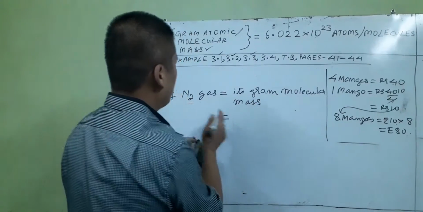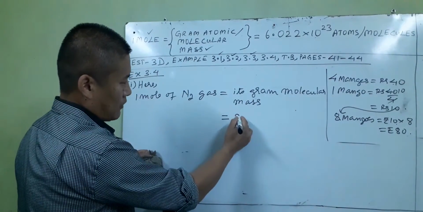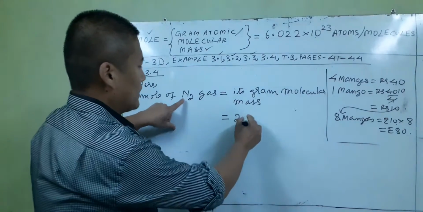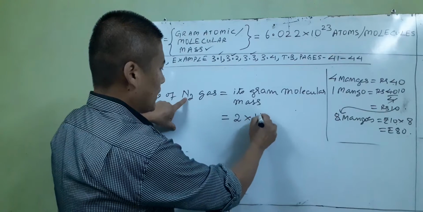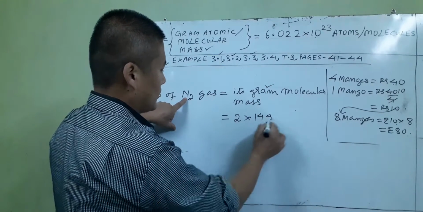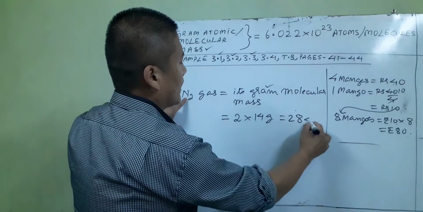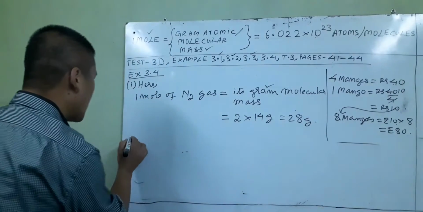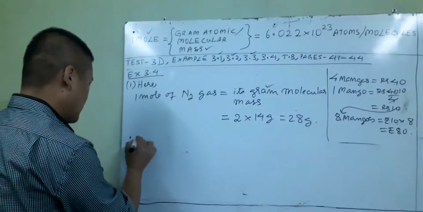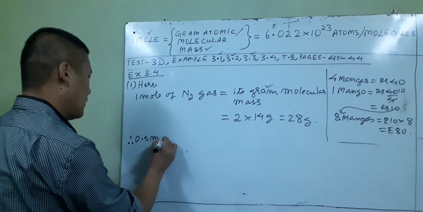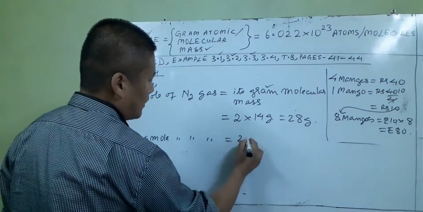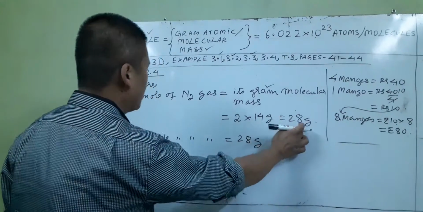So what will that be? Here at the back of N is 2 means 2 nitrogen atoms make the gas. Multiplied to page 37, 1 nitrogen is 14. Because they're saying gram, we put here gram. So that is equal to 28 grams. Now they are asking for not 1, go to the text, 0.5. So you write here 0.5 mole of N2 gas, therefore will be, just write whatever is there, mango method again,